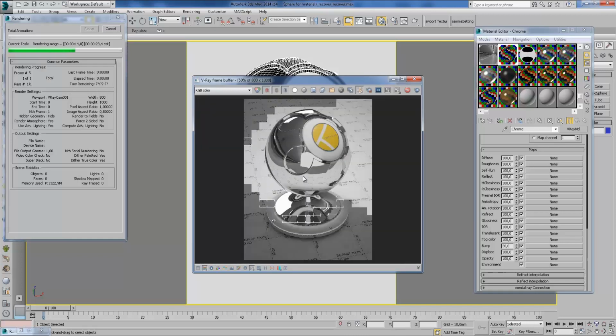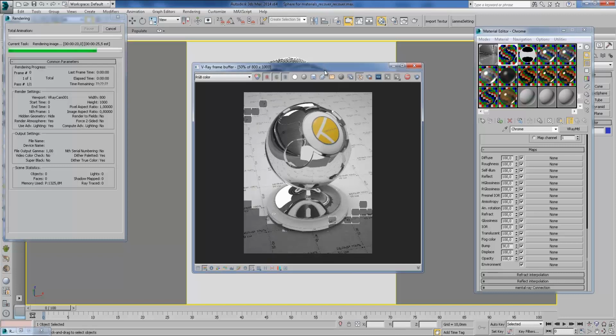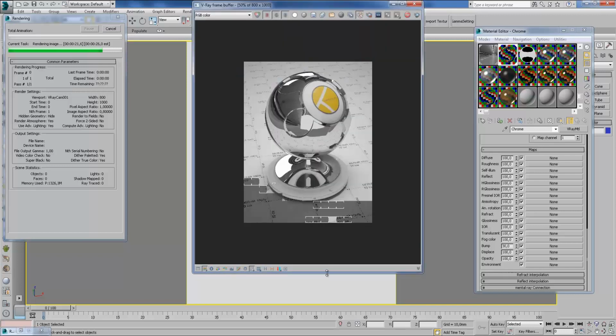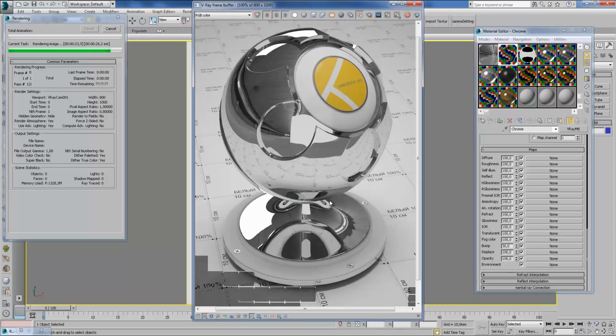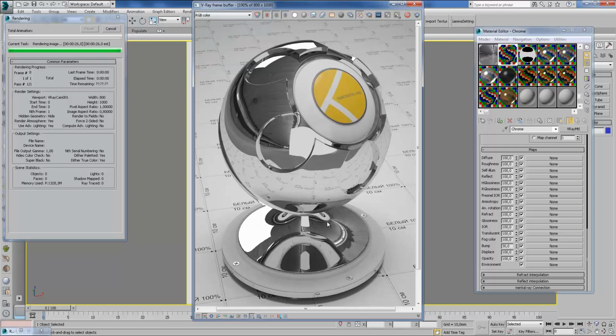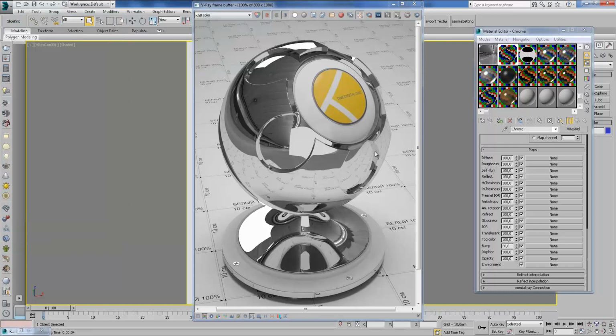Okay, Phong. It's in Phong here, and then we'll make it in Blinn and compare the results. So I believe this is a very satisfying result for chrome. Let's make a copy